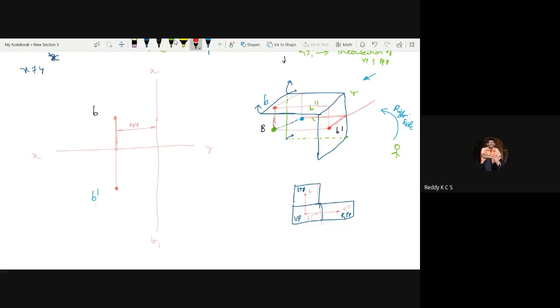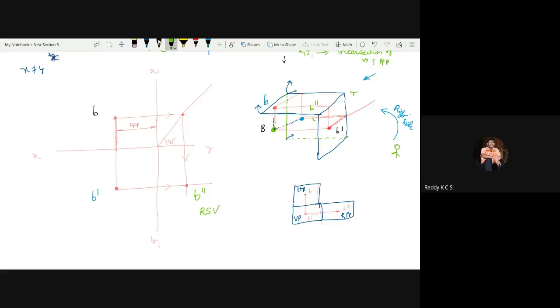Now I have to transfer this distance onto the B dash line. So we draw a 45 degrees line here, and then project the B point onto this 45 degrees line, and the same point has to be projected downward like this, so that it will intersect the locus of B dash line. So both lines will intersect at this particular point. That point is named as the right side view. Why? Because we have moved to the right side and then drawn on the right side view.